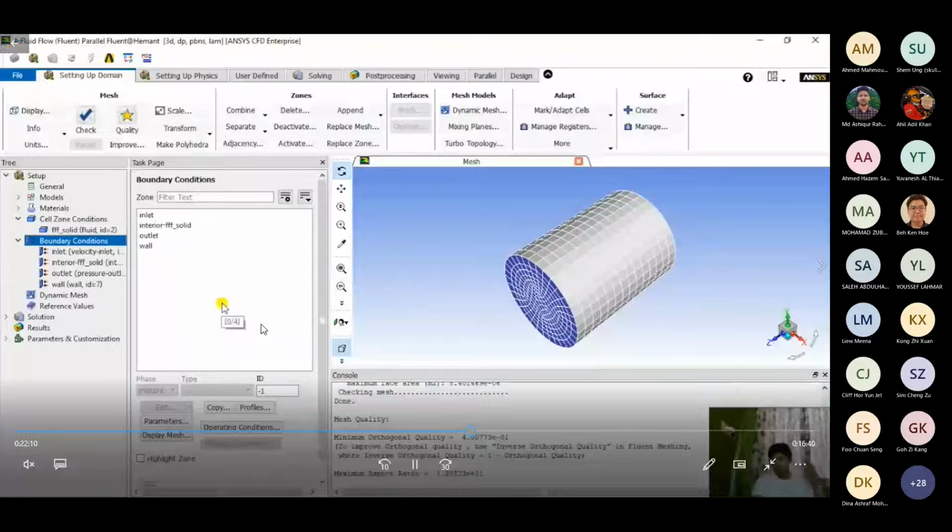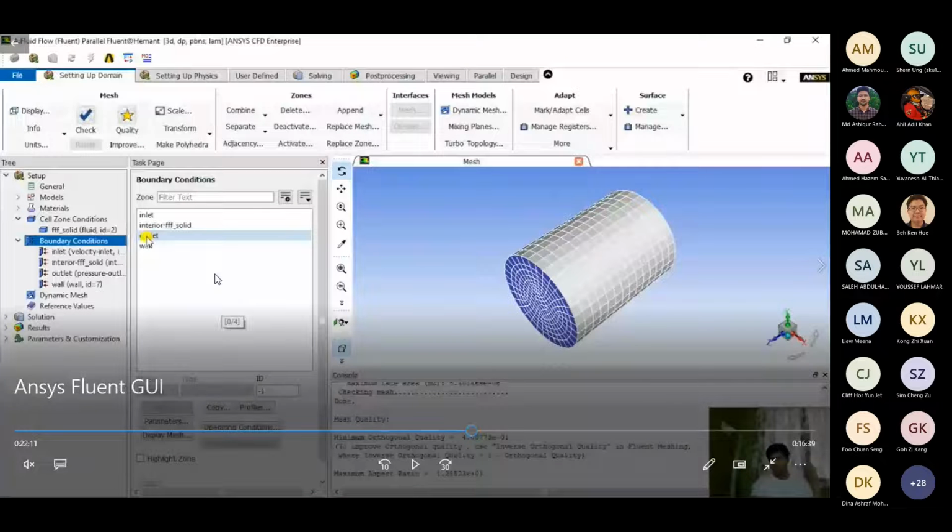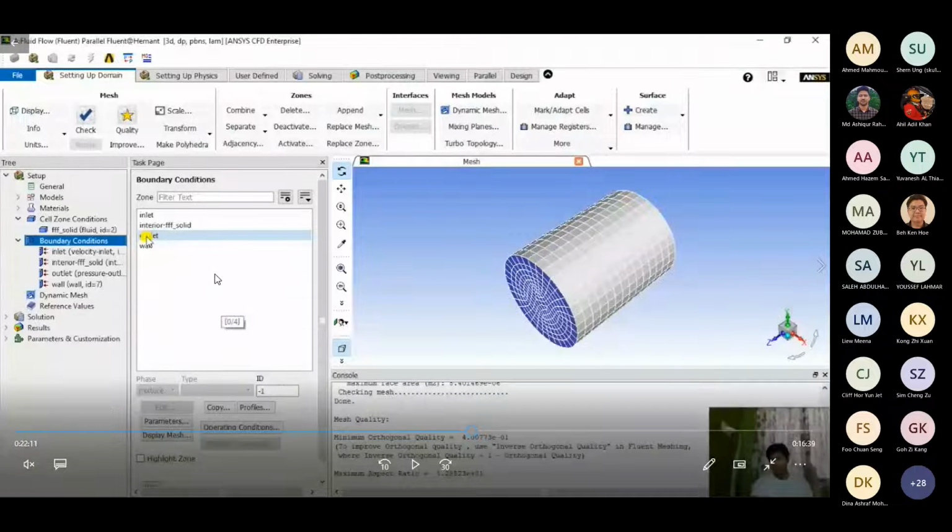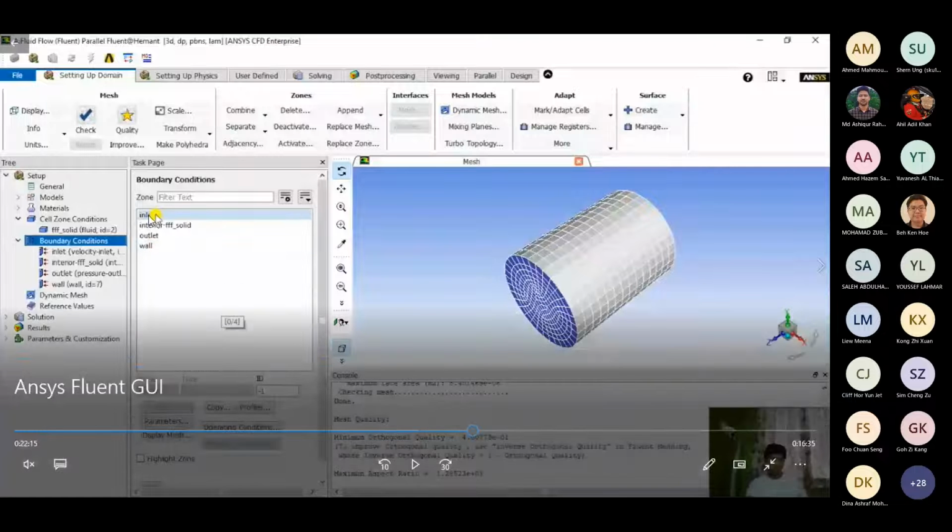Now we are going to assign the boundary conditions. Boundary conditions are basically the governing conditions which will govern the flow, based on which the software will calculate the other parameters in those equations that I mentioned yesterday. Based on the naming that we have done, we have inlet, outlet, and wall accurately translated in this setup, as we had seen.